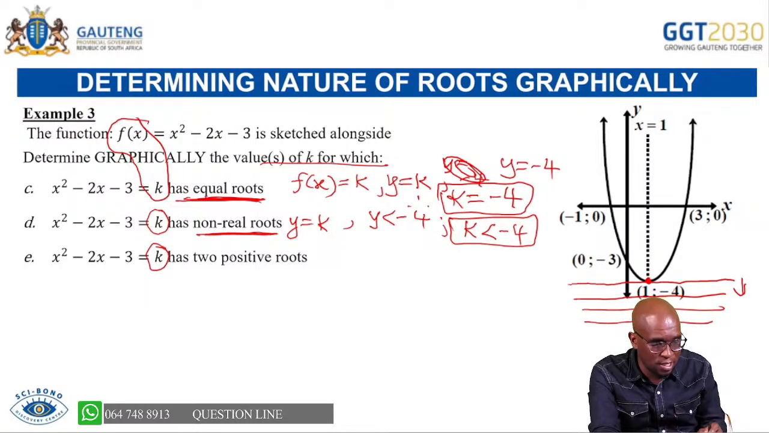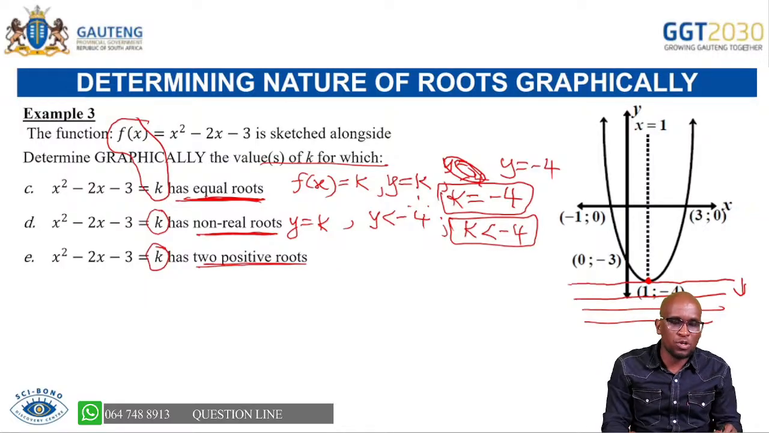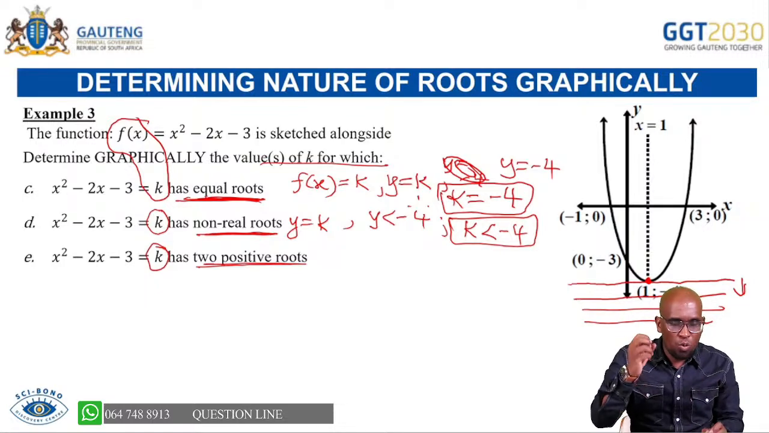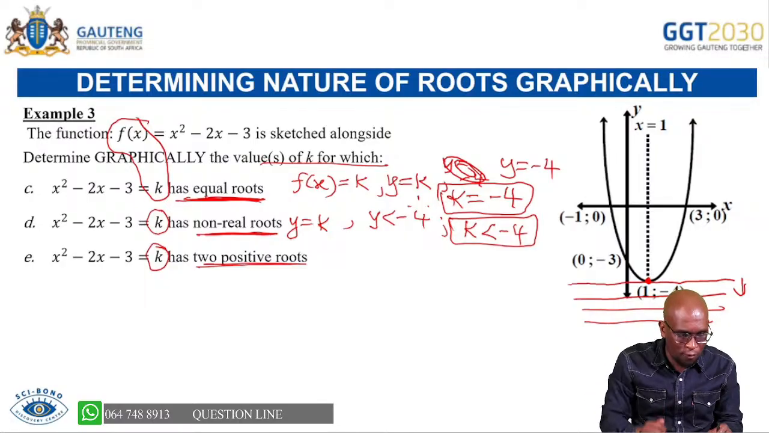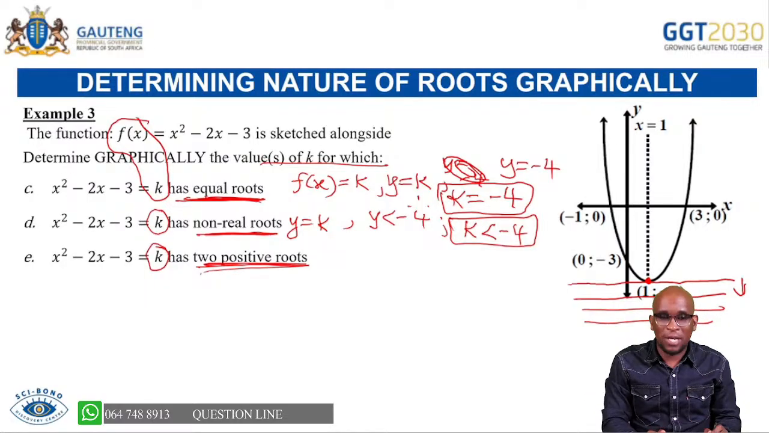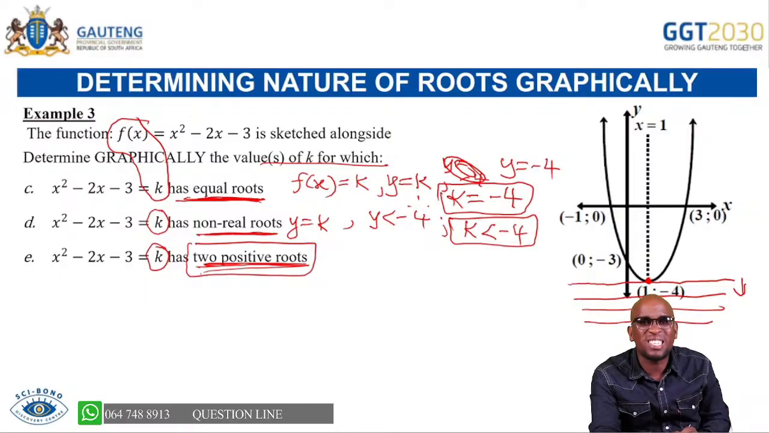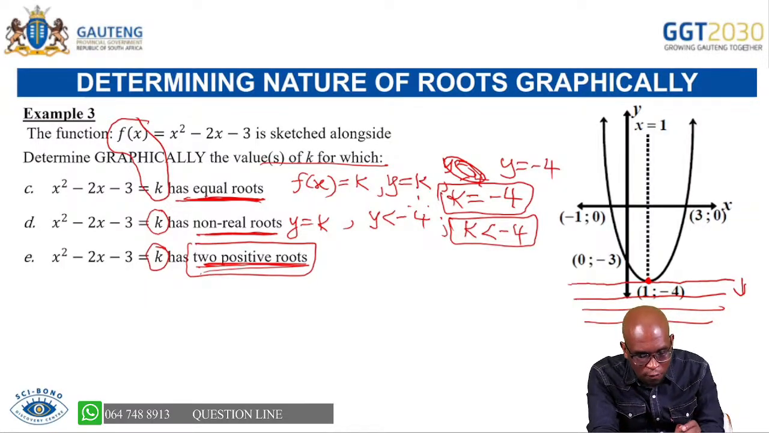So you can see that here we are going to be talking about when it has two positive roots. So we are going to be looking at a region or a space in the graph, a point in the graph where the line intersects the graph in two places, but it has to intersect on two positive roots. So if you are to place this line